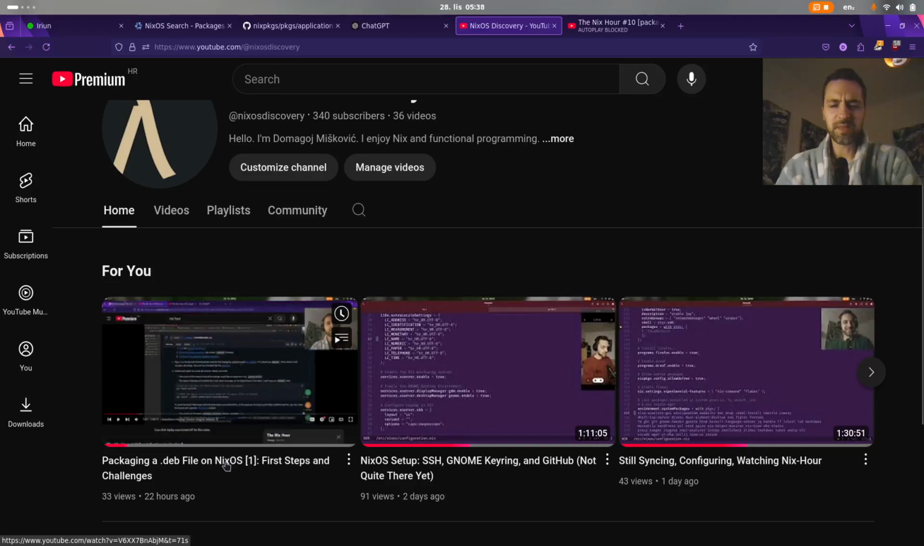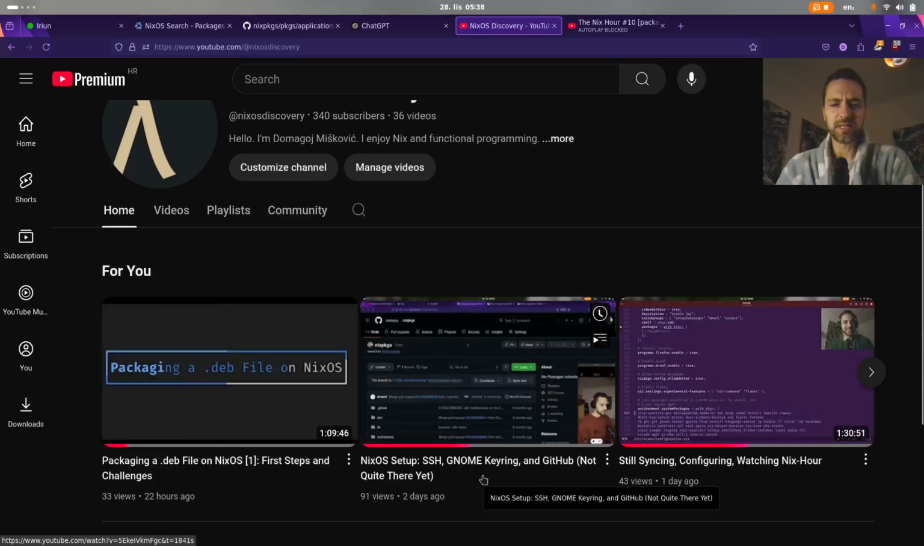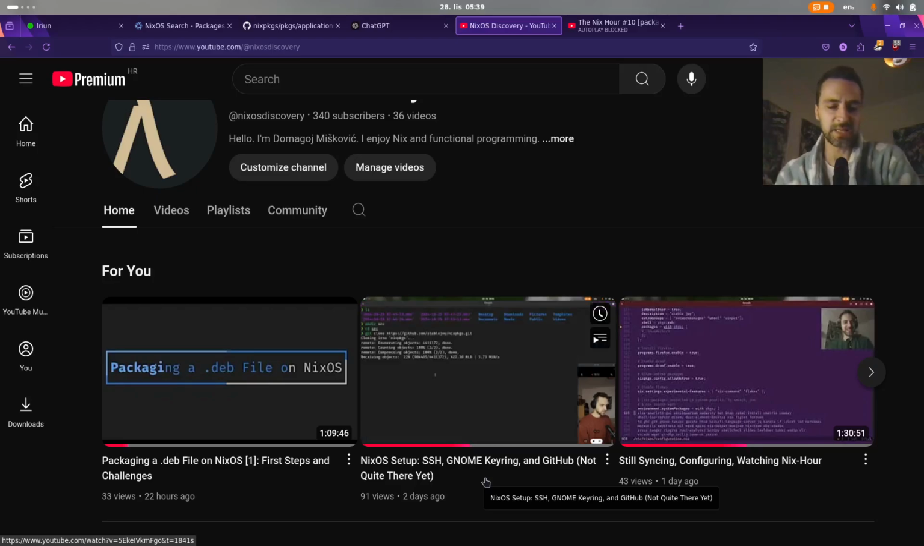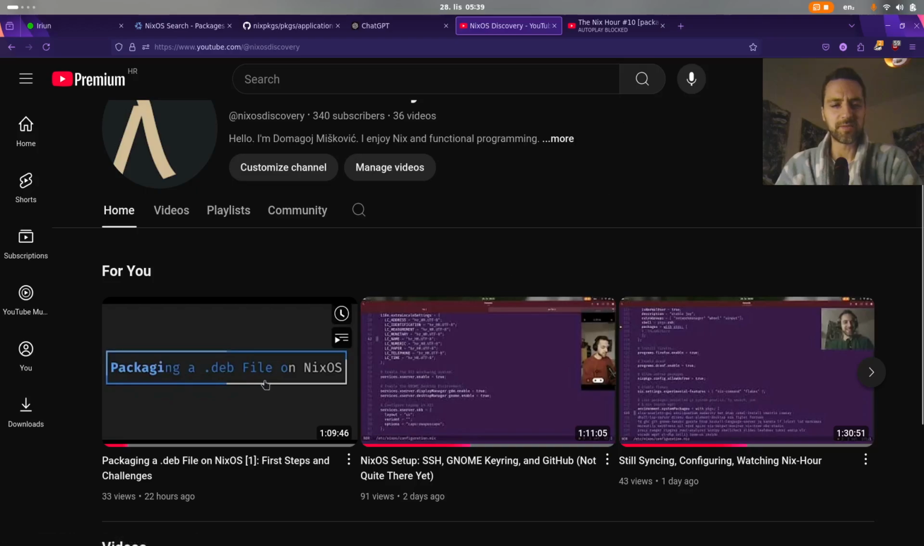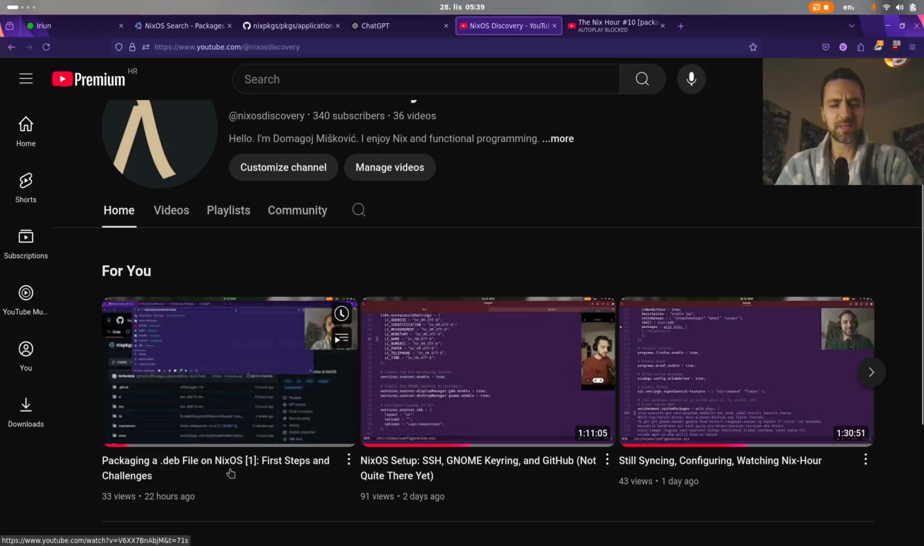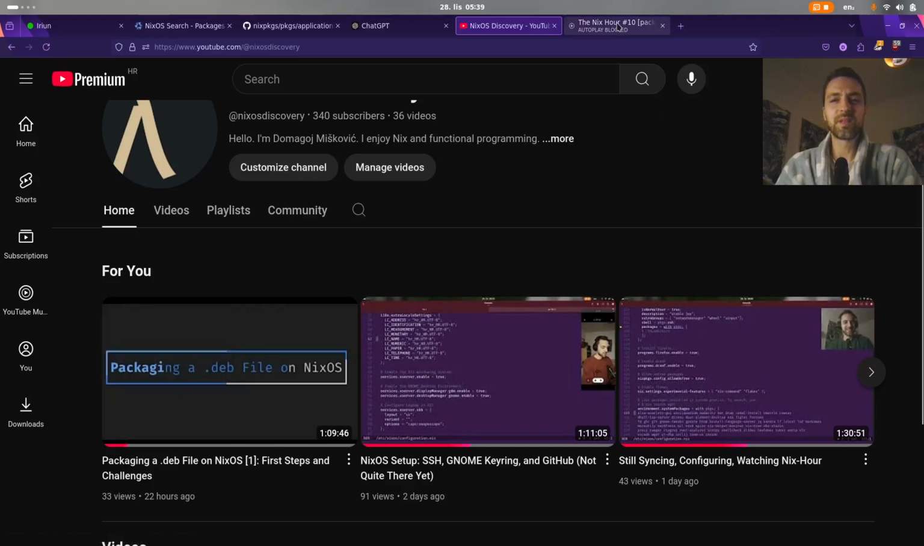The way I name things is I describe what I do, and I write a lot to ChatGPT, and then ChatGPT suggests a title, and most of the titles I kind of like. Then I change a bit of the title, so I use it as a filter of sorts. But packaging a deb file on NixOS is not a good title. So anyway,